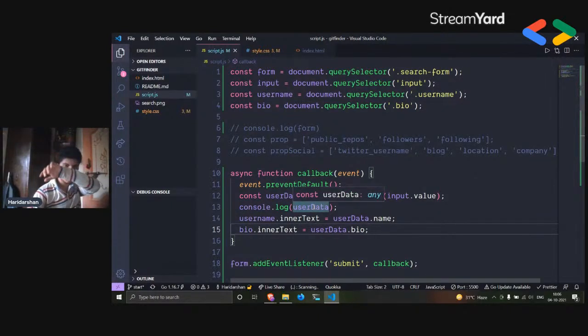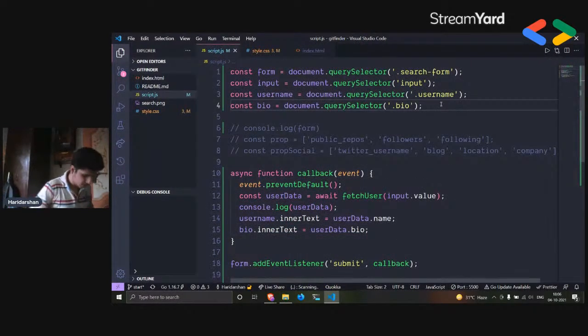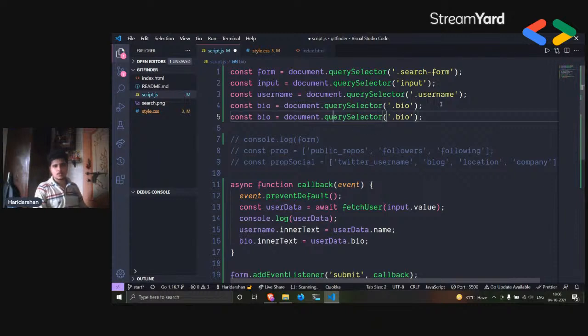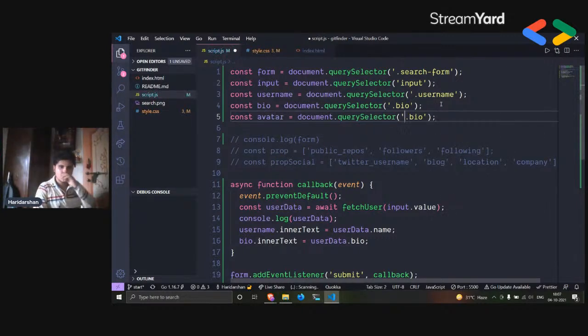but it won't be that simple for images. In case of images, we are going to create an image and then append that into our HTML. So I just get this user avatar using the DOM API, this div. So this is user avatar. Let's call it user avatar or avatar. You can name them anything according to your need, whatever you find comfortable. So we have this user avatar,